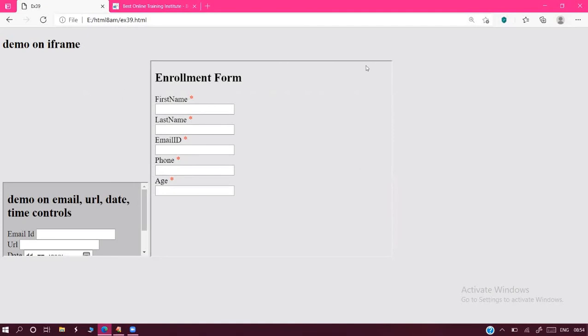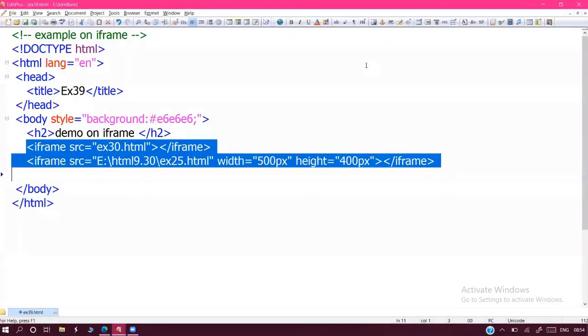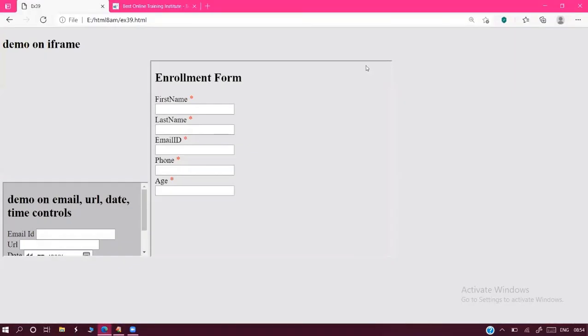So now, from the user's point of view, from the look point of view, this is a single web page. But this web page internally consists of 3 programs. Example 39 output is available, example 30 output is available, example 25 output is available. 39, 30, 25.